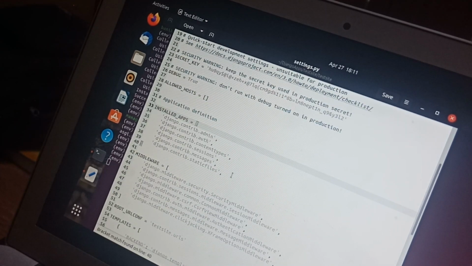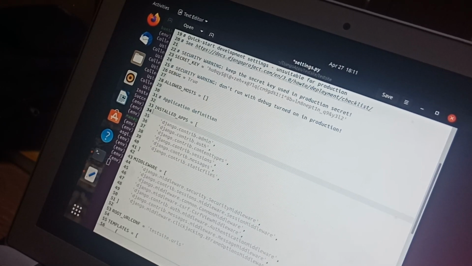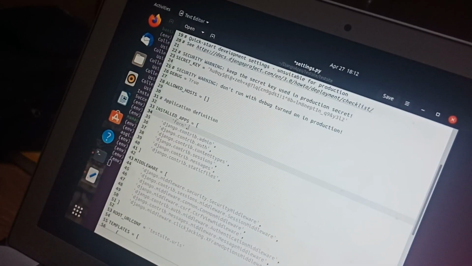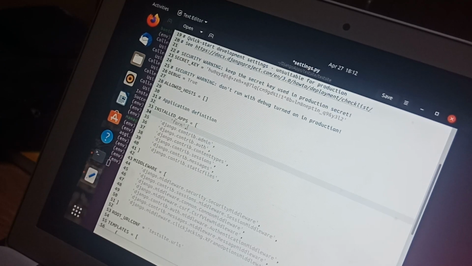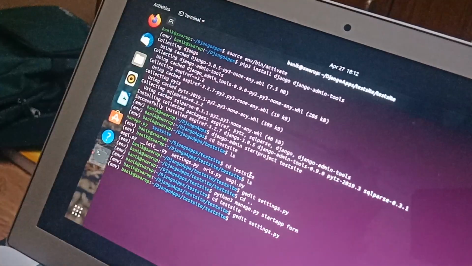In the installed apps, we have to add the line form. After adding, save it, Ctrl S, and go back.